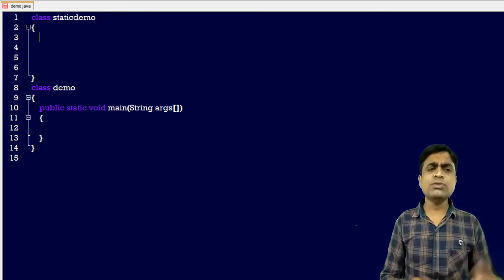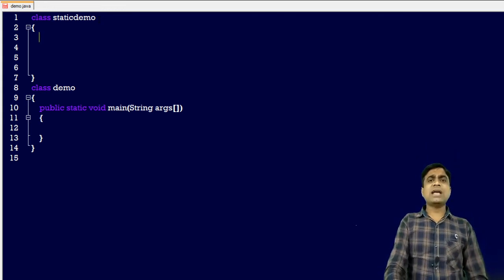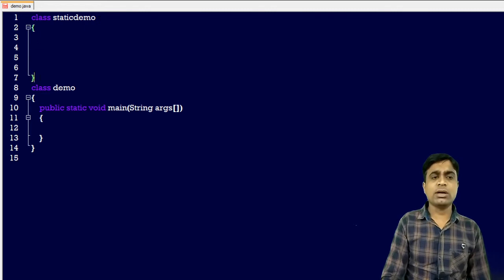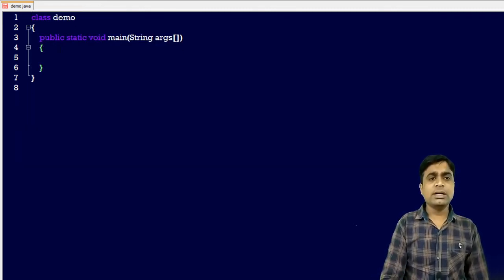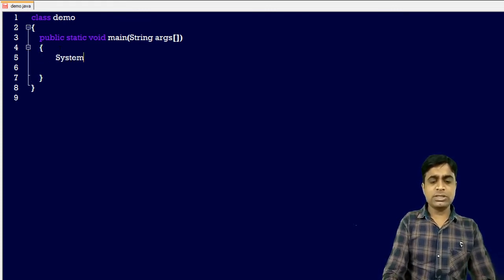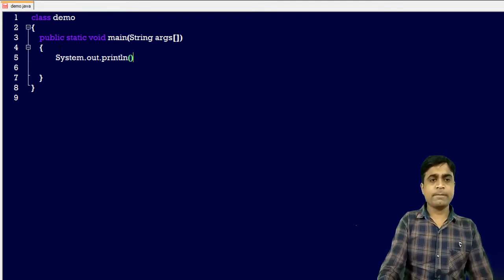So first let's start with the static block. I am just removing this line. I am creating a simple public static void main and printing System.out.println main method.